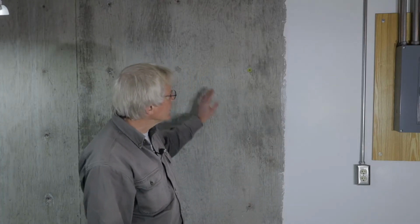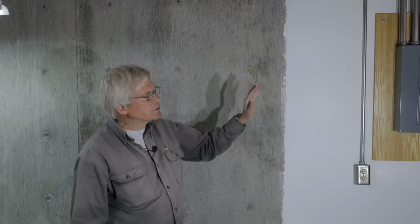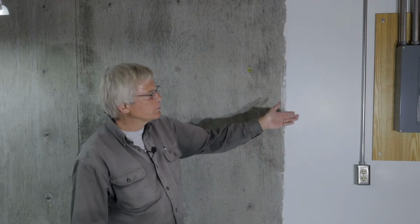I plan on demonstrating how I skim coat a concrete basement wall using general purpose joint compound. So I'm standing at the edge of the utility area of our basement. Approximately 16 years ago, we moved our water heater down into the basement from the laundry room. And we were about to add some additional stuff in our utility room, including a sub panel and some outlets